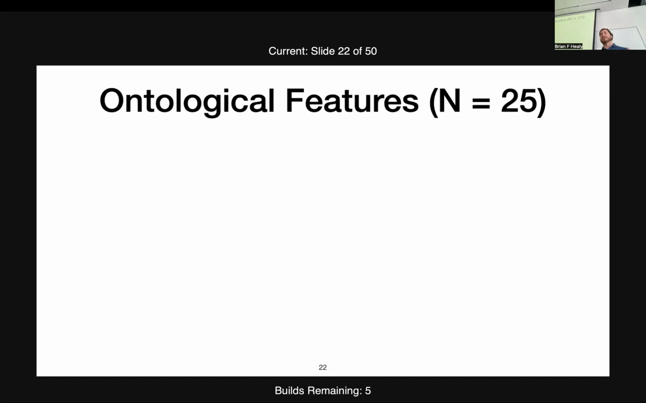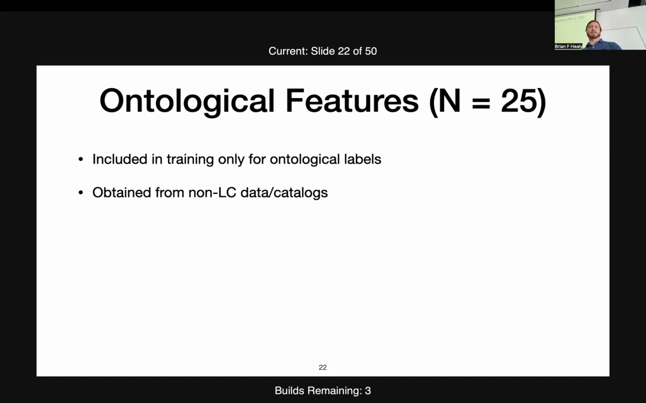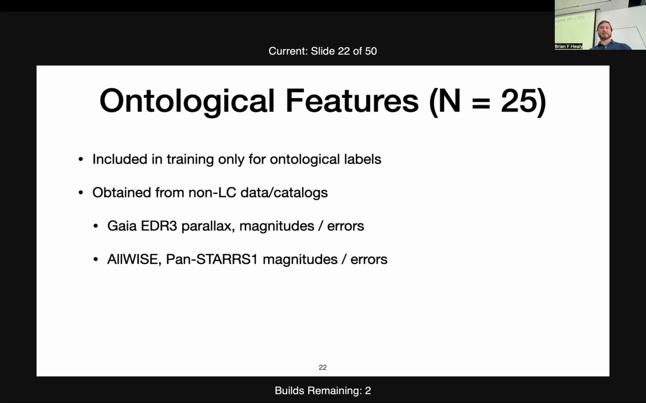But to those, we also add 25 more features. These are coming from sources that are external to ZTF and the light curves, so they're only included in training for ontological labels. They're obtained from non-light curve data and catalogs, as in non-ZTF light curve data. These include the Gaia EDR3 parallax, along with the BP and RP magnitudes and errors. They also include AllWISE and Pan-STARRS magnitudes and errors, just to get more information about the color of the source